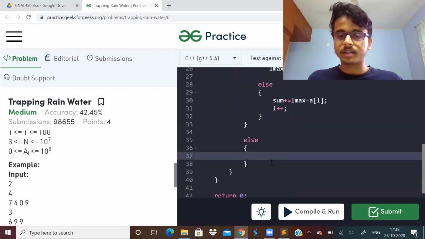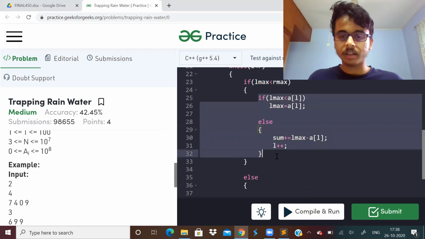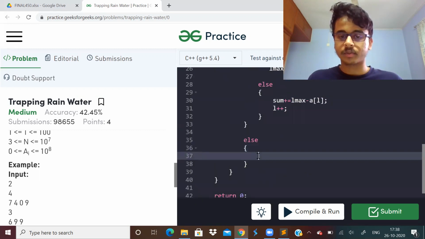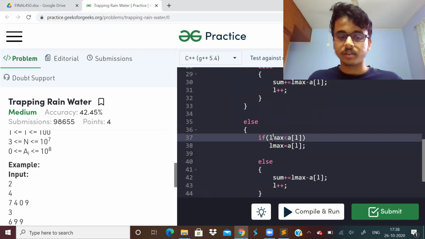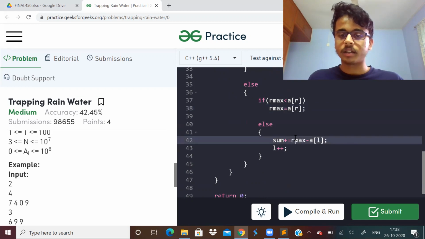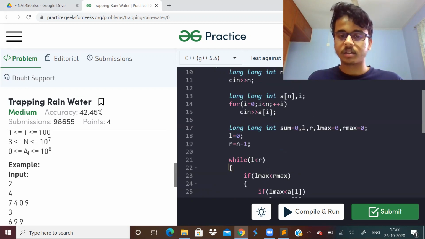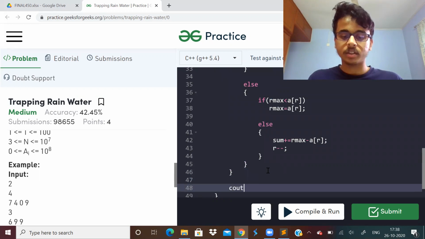If L max is not less than R max, then we have to do the same thing with R max. That is, if R max is less than A of R, R max is equal to A of R. Otherwise, sum plus equals R max minus A of R, and R minus minus. And ultimately, we should print the sum.